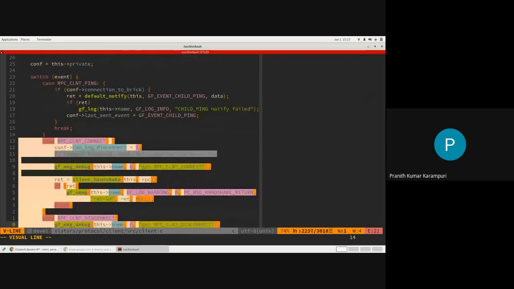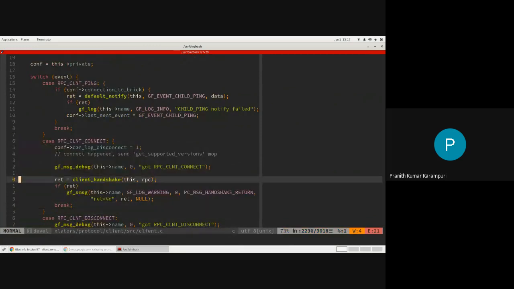It is again the same code path. You basically get this RPC CLNT connect. It first connects to, actually the reconnection keeps happening to the cluster D on that machine. So once the connection happens, it again tries to get the port information from the cluster D for that brick, and then it will do a connect.